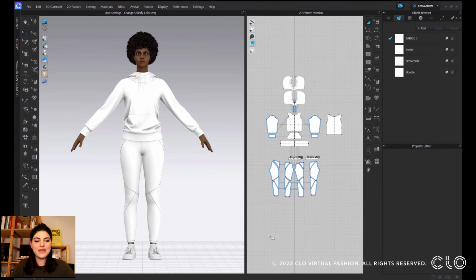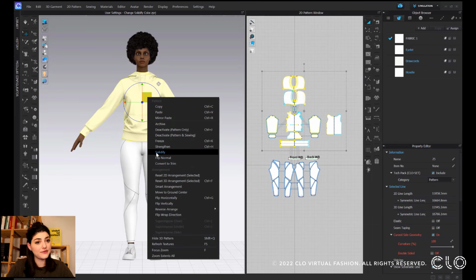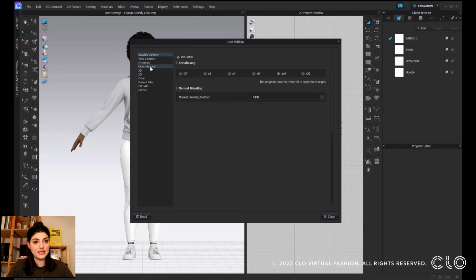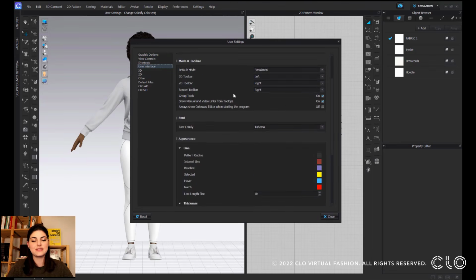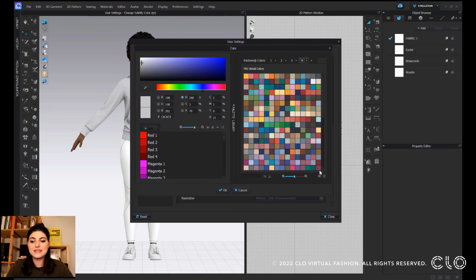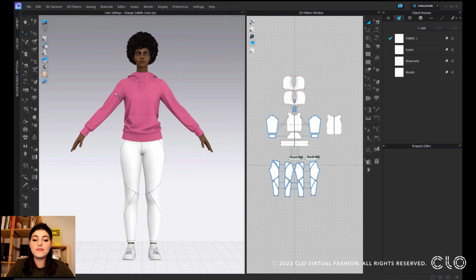Another update we've made is adding Solidify to the color options within our UI settings. So now if I select Solidify on this garment, I can then go into my settings and go into my user interface settings and change this Solidify color to any color I'd like. As you can see, when I select this pink, it will update automatically into this. We've also